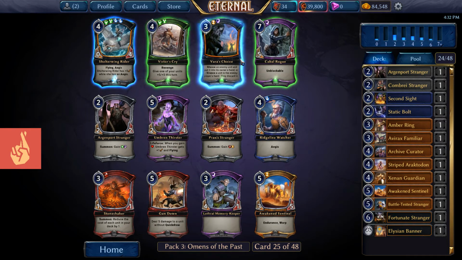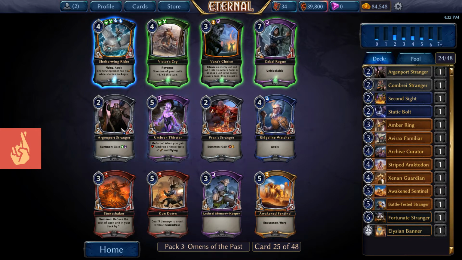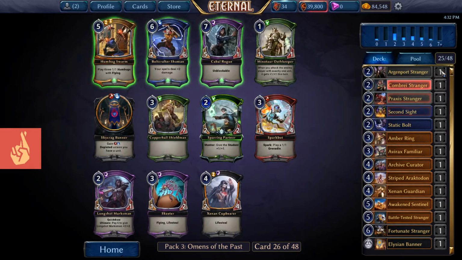And I don't know, might just take another Stranger here. Could also take Awakened Sentinel, grab another one of those. That is not the worst idea in the world. Oh, I didn't even see there was a Praxis Stranger here. That seems pretty good. That's actually exactly what we're looking for, is Praxis and Skycrag Strangers to potentially try to